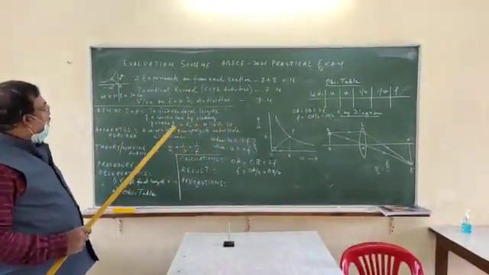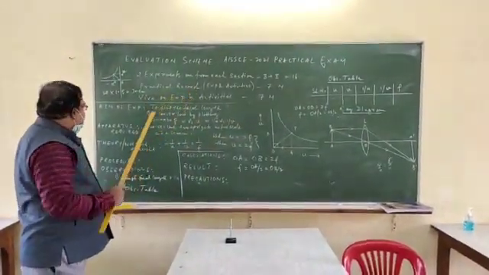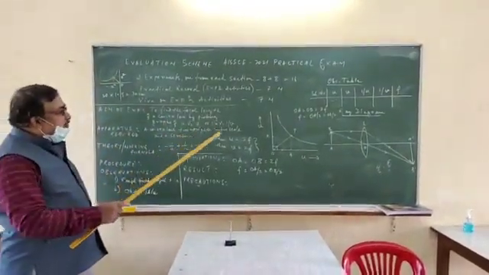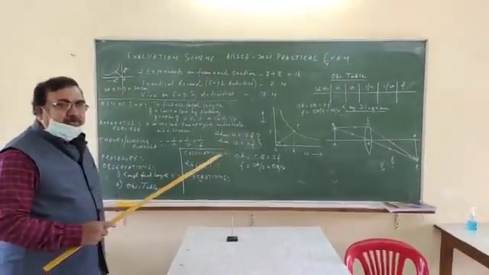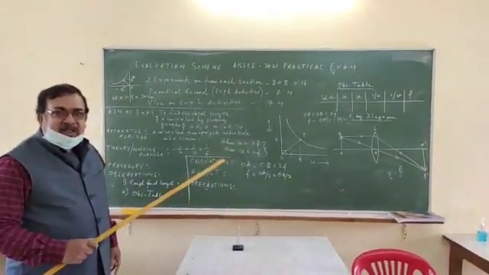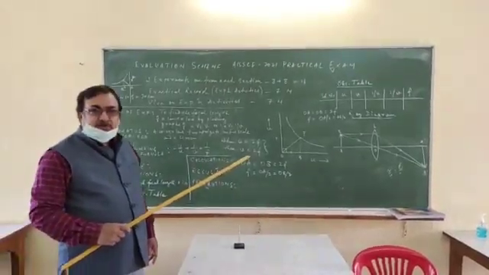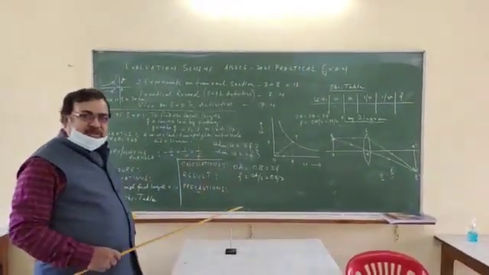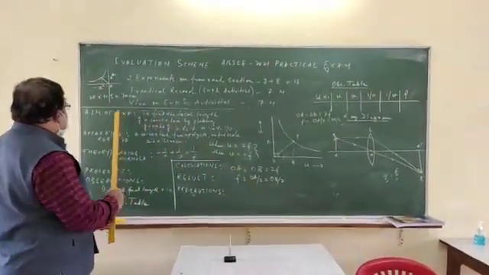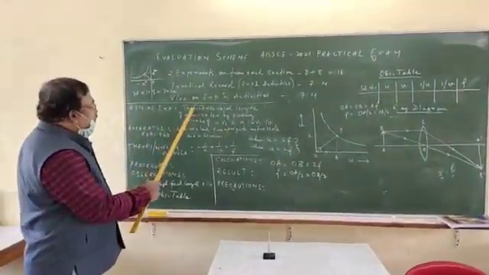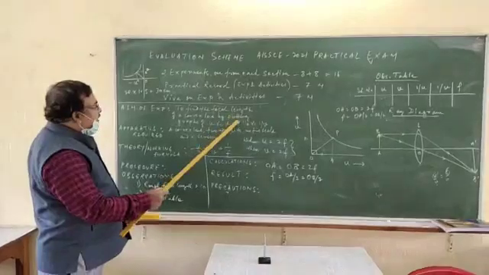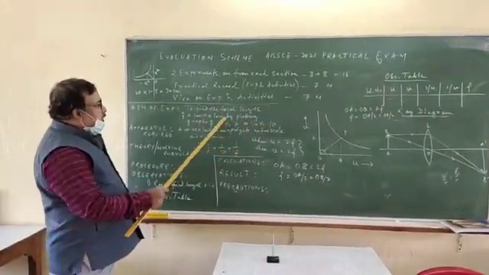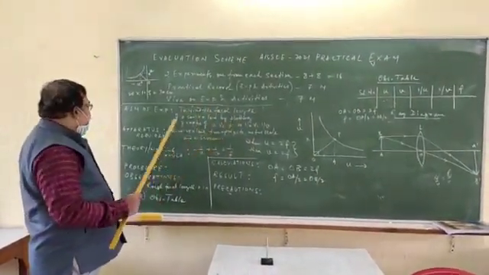Now how you have to write your practical record? For experiments, the steps are aim of the experiment. Like I will explain how to find out the focal length of a given convex lens using V versus U or 1 by V versus 1 by U graph. U is the object distance, V is the image distance. Now, first step is aim of the experiment, like to find the focal length of a convex lens by plotting graphs of V versus U and 1 by V versus 1 by U. U is the object distance, V is the image distance.